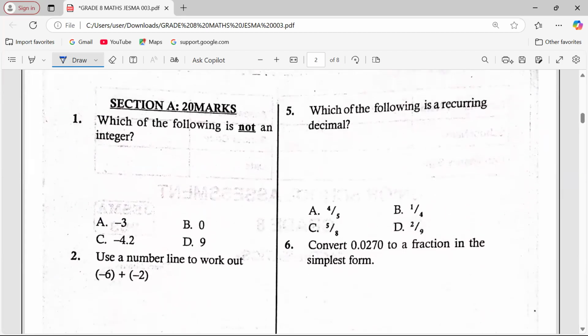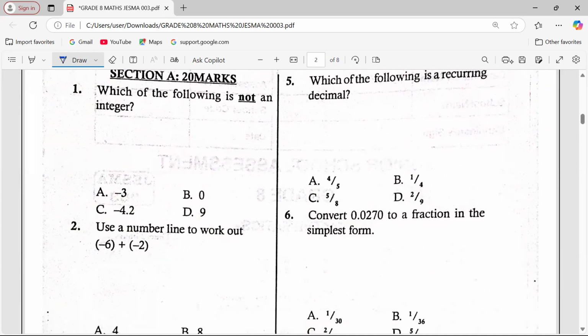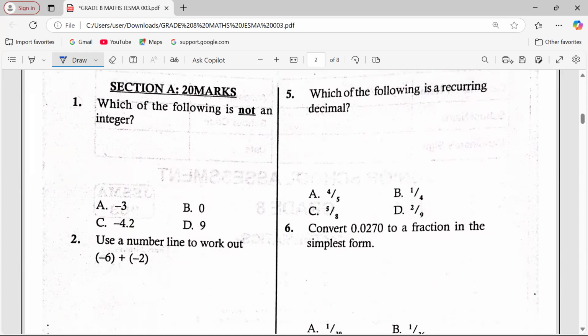The question says, which of the following is not an integer? Not an integer. So what are integers first? An integer is a whole number, both positive and negative, 0 included. So this means when we look at these numbers provided here with the knowledge that we have about integers, then